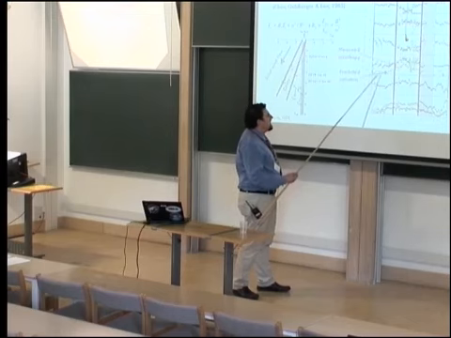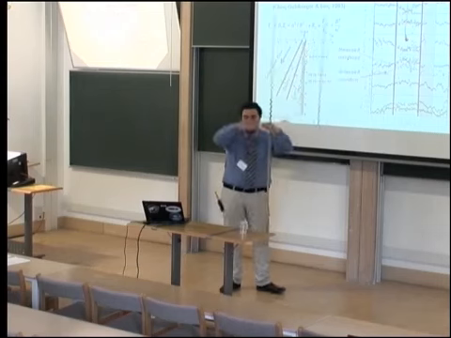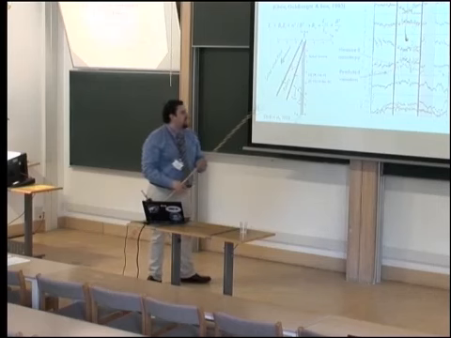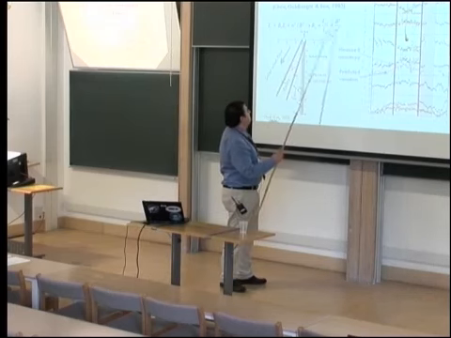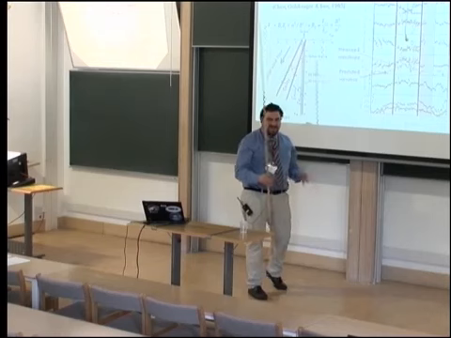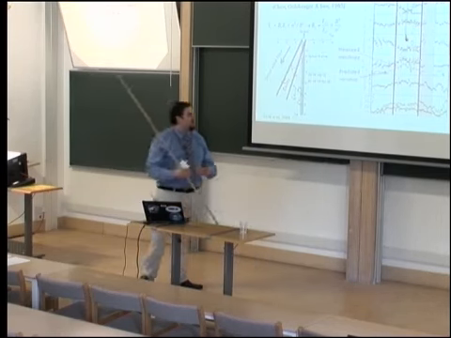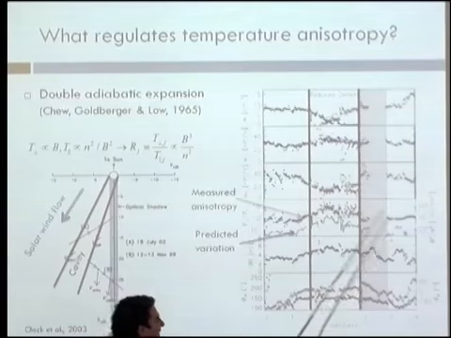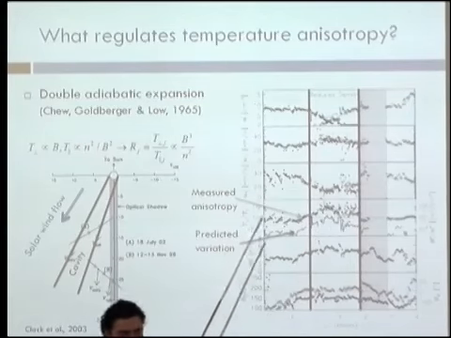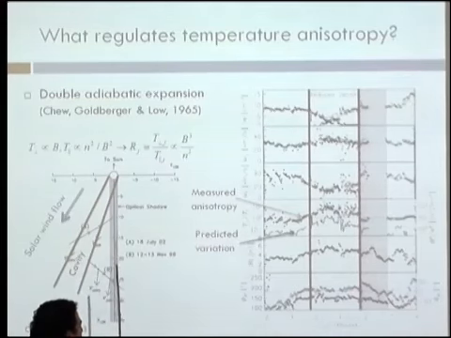But then you take the ratio of B cubed over n squared, and that's this solid line. Right? What you find is that the wiggles and the change in the temperature anisotropy are predicted very precisely, just assuming double adiabatic expansion into the lunar wake. So here's a nice little textbook example where we can look at this plasma quickly flowing into the wake cavity, and you develop large perpendicular anisotropies in this case because of how V and N vary, and it's very well described by CGL. So I just thought I'd show that as a little textbook example of the validity of the double adiabatic equations